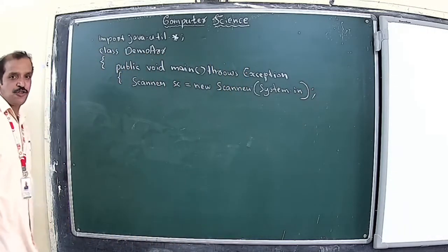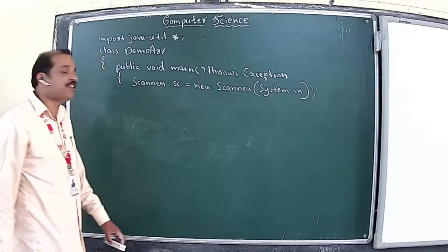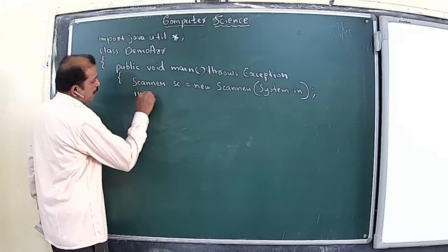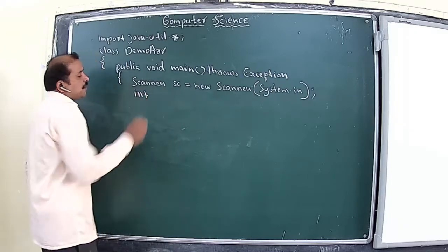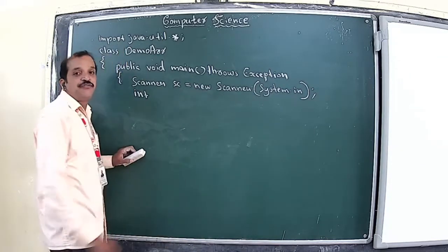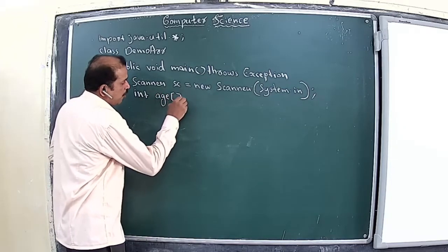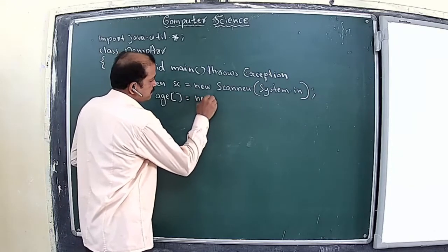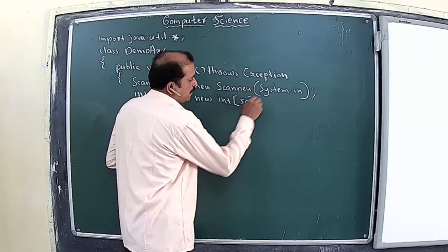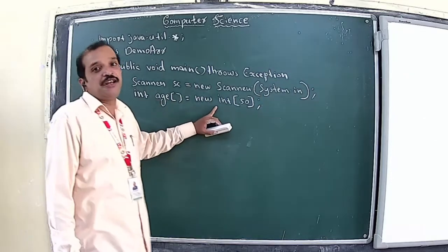Once the scanner class object is created, our next task is to create an array of any number of elements. Let's create an array of 50 elements. Let us say that we are going to store the ages of 50 students. This is how the array can be created: int age equals new int of 50. Here age becomes an integer array of 50 elements, and definitely the subscript will iterate through 0